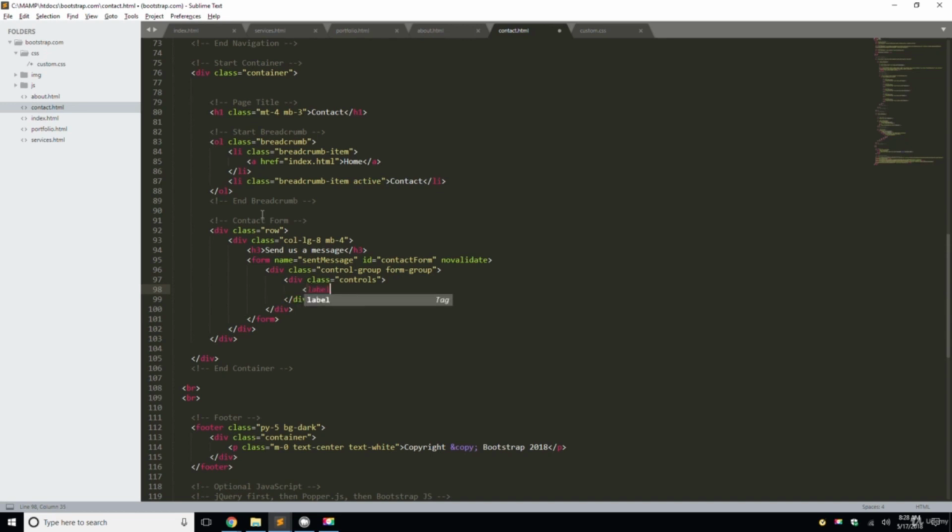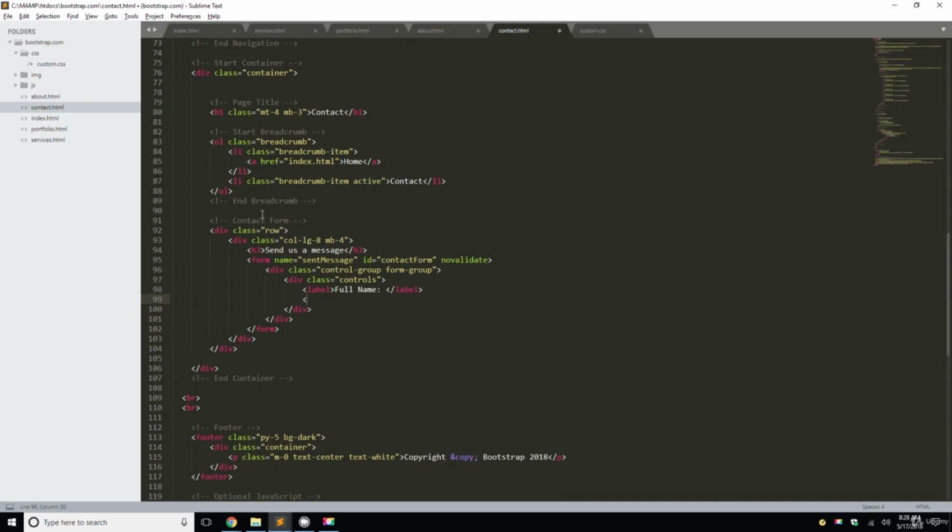So we'll do label full name colon, and then close the label tag. And below that, we're going to do an input type. So we'll do input type equals text, class form control. Okay, and then we're going to do an ID with name, and we're going to do required